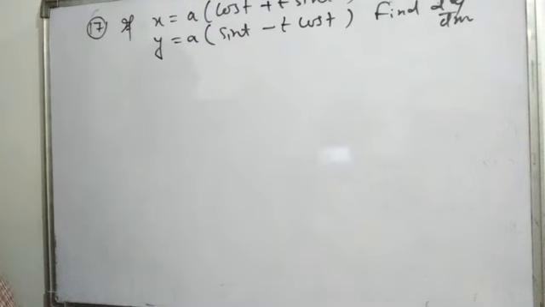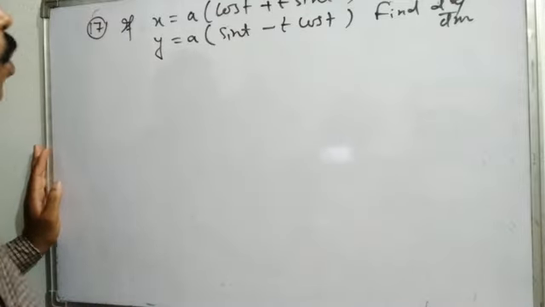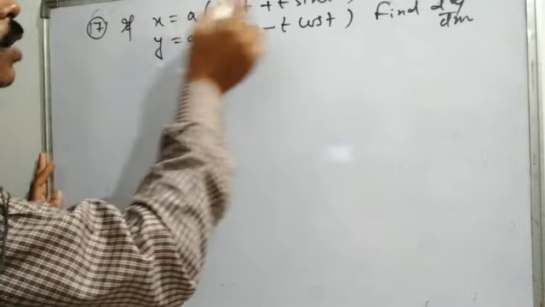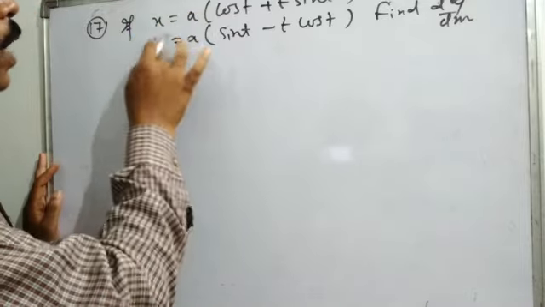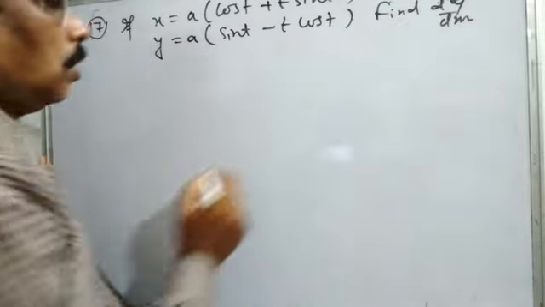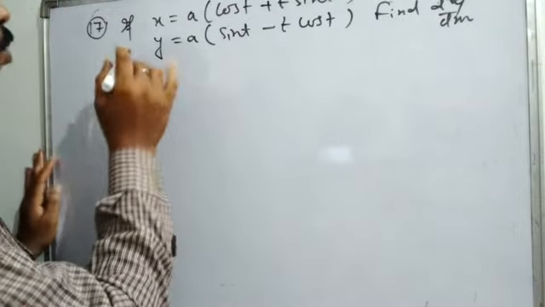Now again consider the miscellaneous exercise problem. Question number 17 is very important and a selective board question. Given the parametric form equations, x is equal to a function of t, y is equal to a function of t, we have to find d2y/dx2. First we have to find the dy/dx value. So to find it,